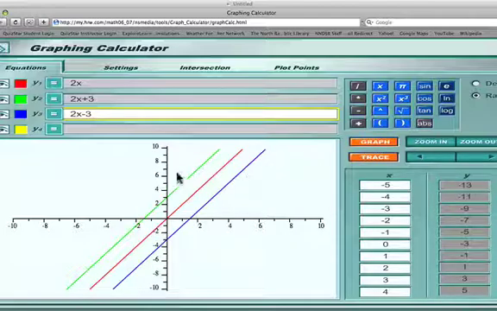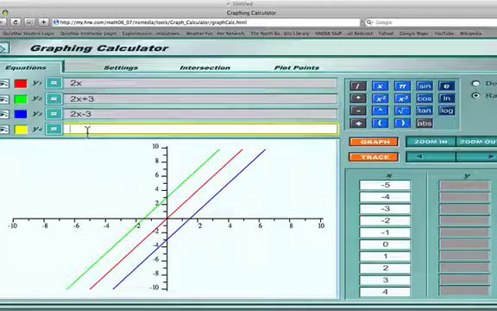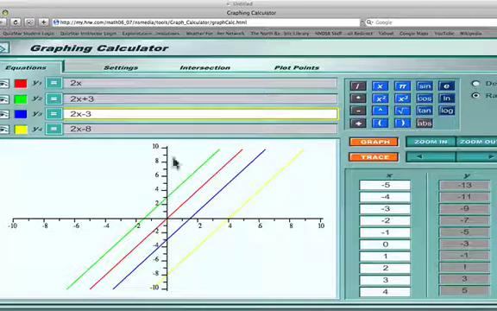And you can see that all three of these lines are parallel, that they are not getting any closer or any further apart. And put in one more, y equals 2x minus 8. And when we graph that, these lines all have m of 2 or slope of 2, and these lines are all parallel. So we'll try another group,